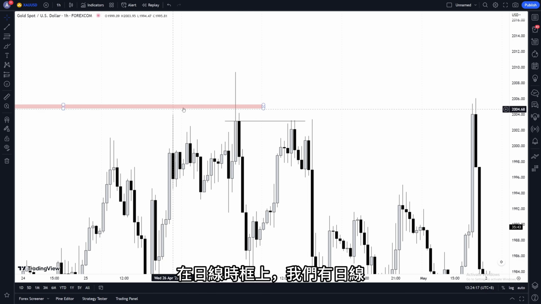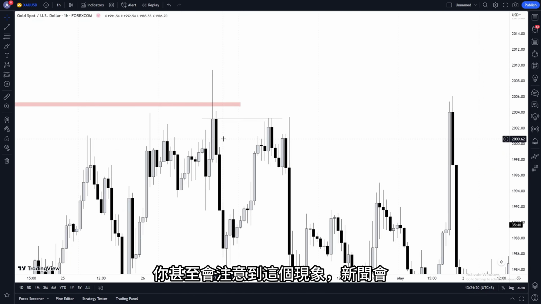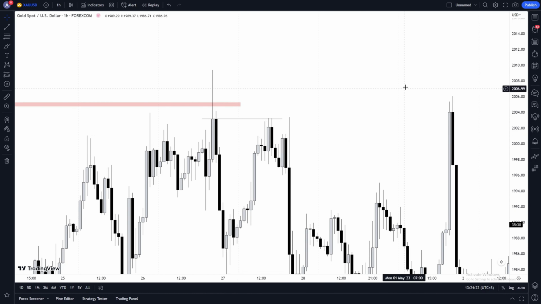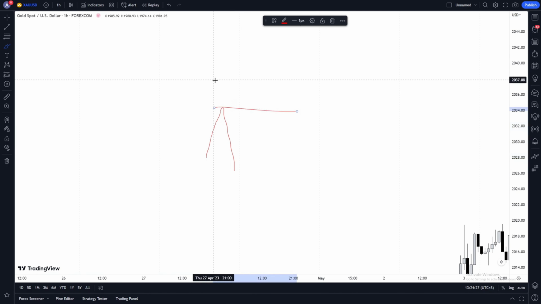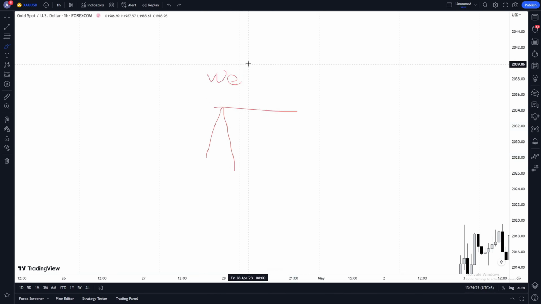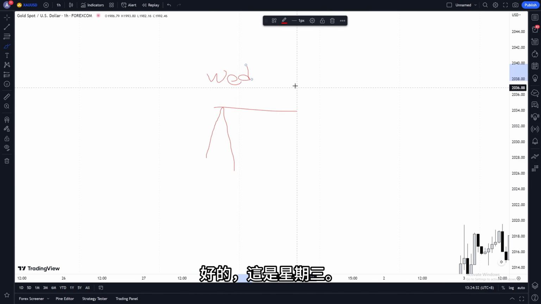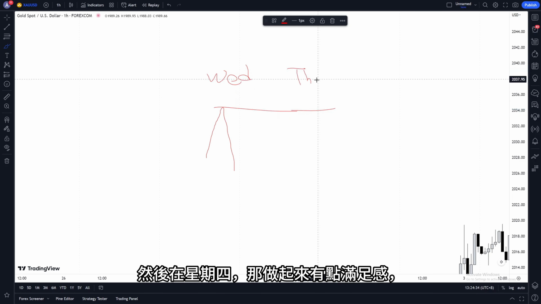And on the daily time frame, we have ourselves a daily reject daily and a H4 bearish breakout. You will even notice this phenomenon, and the news will follow this. You will even notice this phenomenon if we have a daily reject daily, right? So this was Wednesday. Okay, this was Wednesday. And then on Thursday,